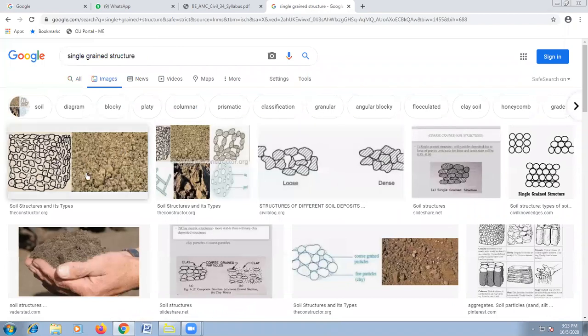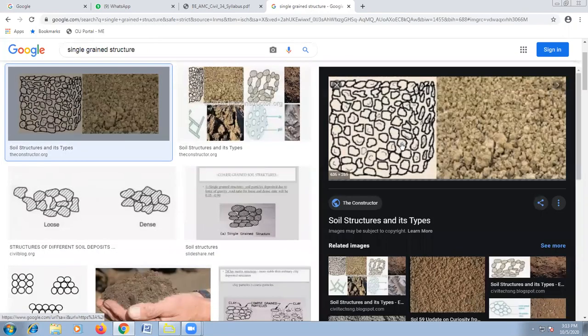This single grained structure is a property of coarse grained soils, and you see the gaps in between. This gap is generally more than 0.02 mm particle size. If the gap is more than 0.02 mm particle size, then this would be known as a single grained